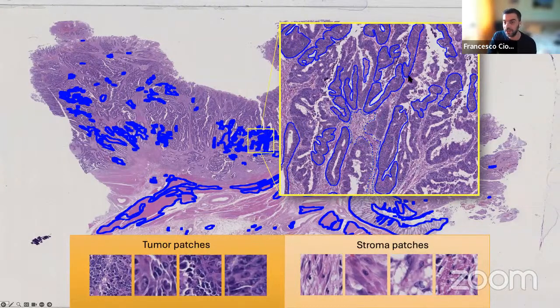You see, you may need very precise annotations of, this is a project that we did a few years ago, of the tumor region, the connective tissue, which is called the stroma, because you want to extract patches to then train your classification or segmentation or detection model. And here, you cannot do it yourself. I cannot do it myself. We really need the expertise of pathologists. And we need to really sit down next to them and discuss, okay, how would you make the annotations?